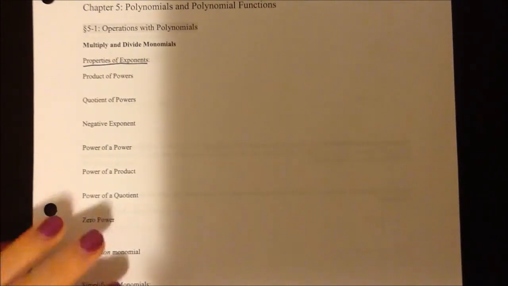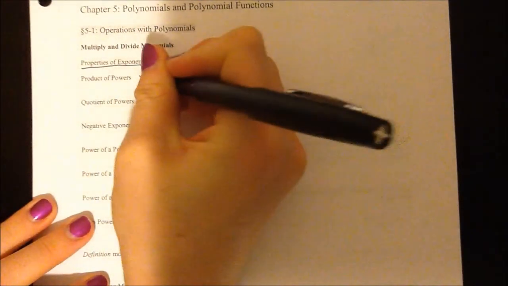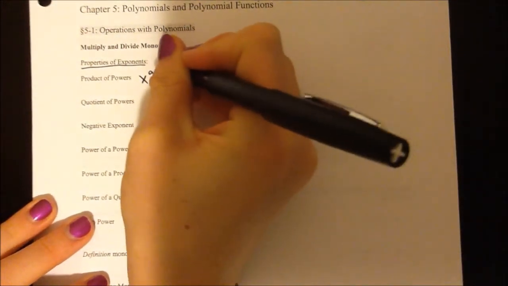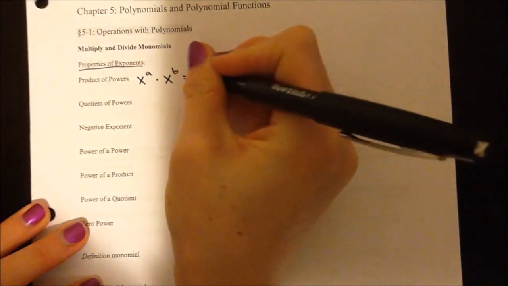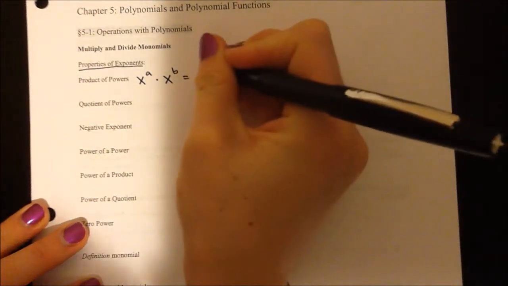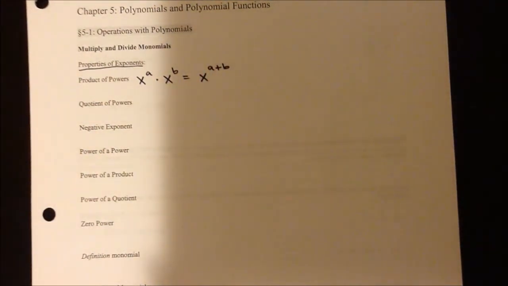So the product of powers. Here's our first example. If we take a base x raised to a power a and then multiply it by a base x raised to a different power b, what you do to simplify that is you add the powers. So the new answer would be that base x, and then our new power would be a plus b. And as an example,